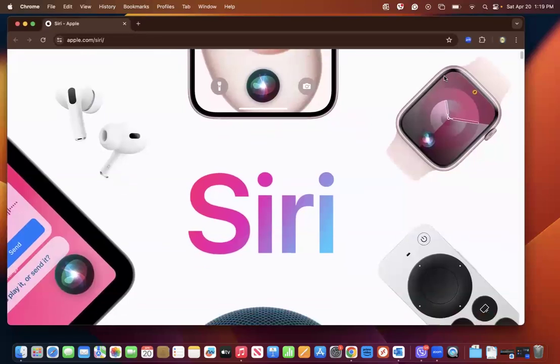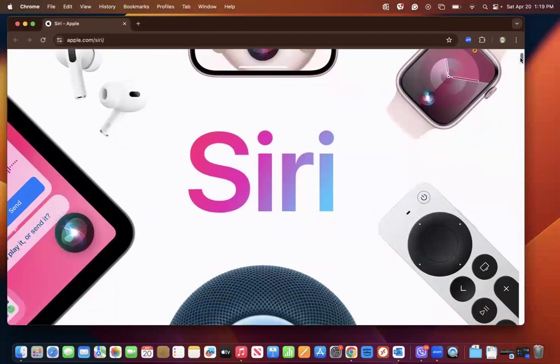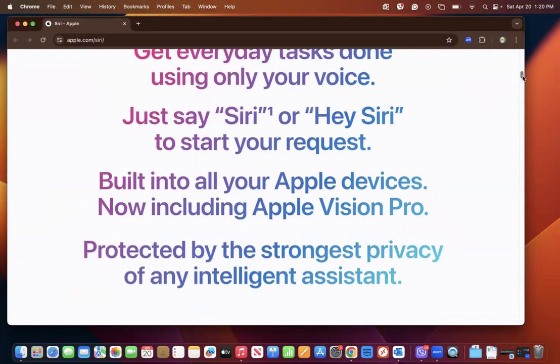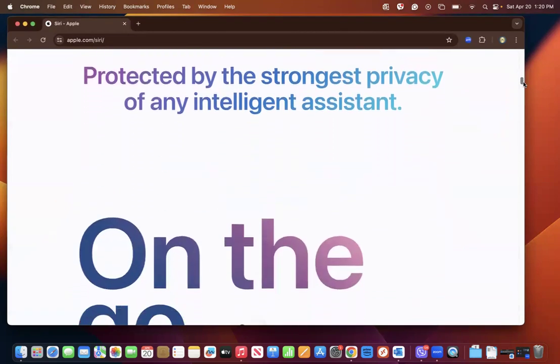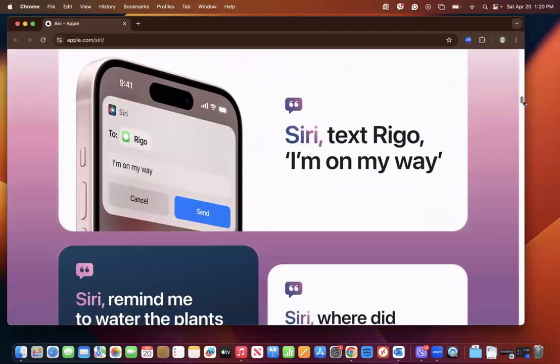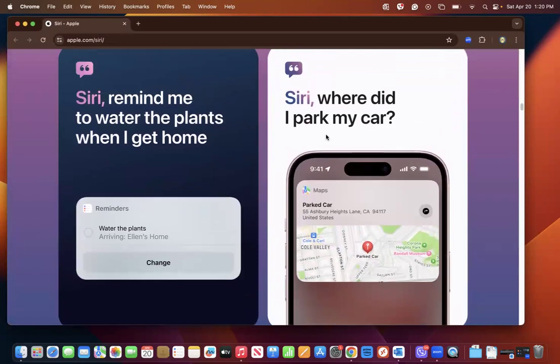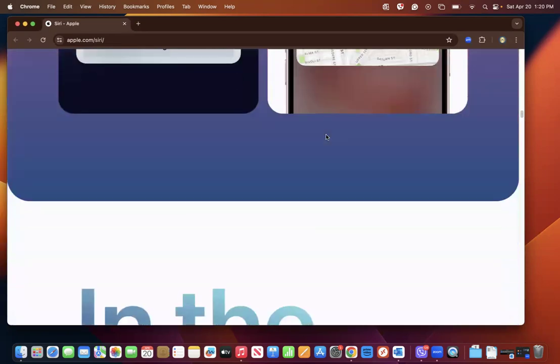So can you give a command? The commands will be coming from some examples here already, that you could provide a command like "Hey Siri" or "Siri," then start your request. So this is how it's basically built, right? As you move forward, there are examples like this one, or using your phone, right? But in our example, we're using a Mac, where you could ask Siri to text someone for you. For example, you have the Apple app in your car, so you could also ask Siri where